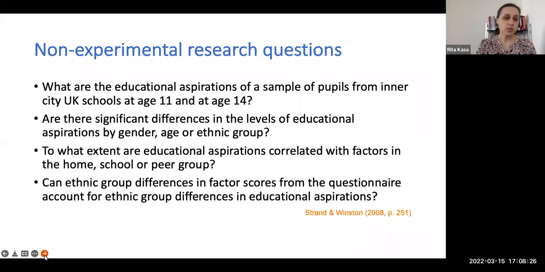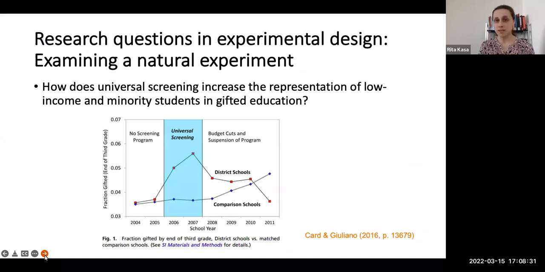Now, what kinds of questions can we examine in an experimental way? I would like to start here and talk about two studies, but start with what sometimes, especially in policy research and education, researchers call a natural experiment, meaning that there has been some major policy intervention, say the government started some new policy, and researchers try to see how the situation was before the policy was introduced and how it changed after it was introduced. So on this slide, you can see